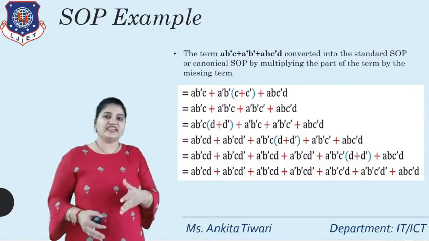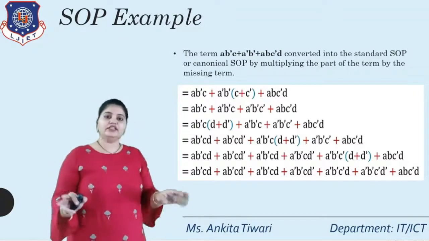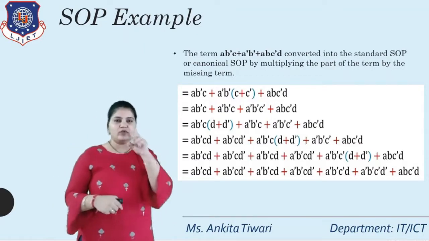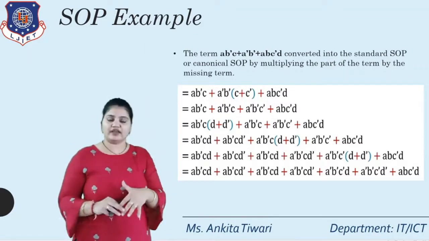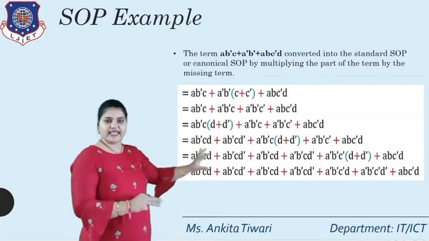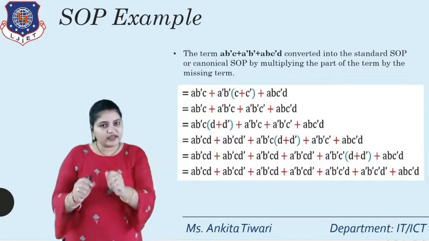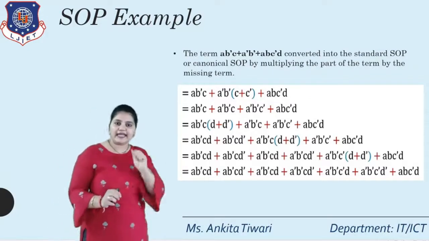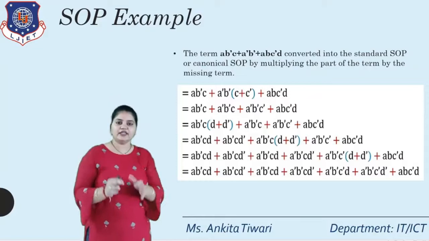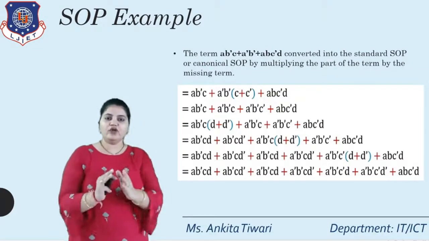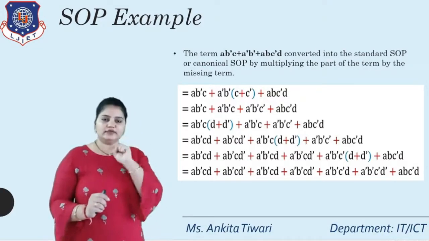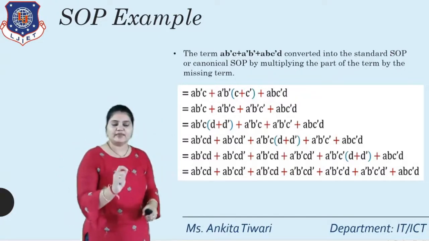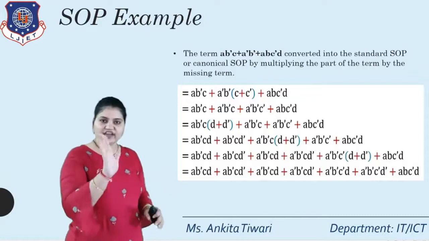Now what you can suppose is what is not given in the form itself. If I am taking c plus c bar, that is equal to 1. So 1 we can suppose because it is there only, but we cannot see it. So that thing we need to keep in mind. We cannot include anything randomly anywhere. You have to see the position and the value in order to suppose it. Here if I am talking about a bar b bar, so here c plus c bar, which is taken as a value 1, we have supposed it.